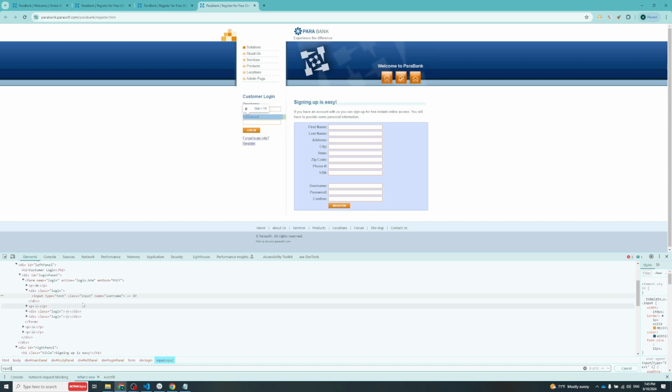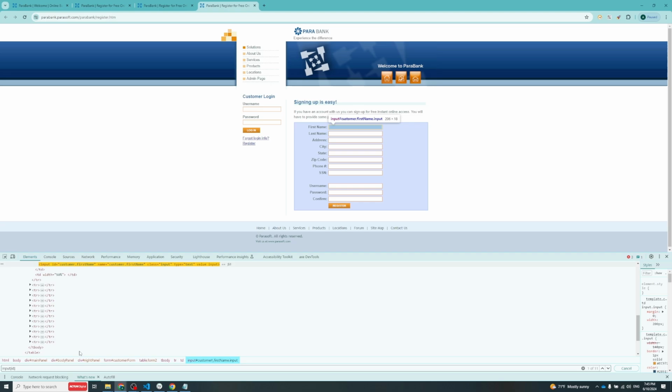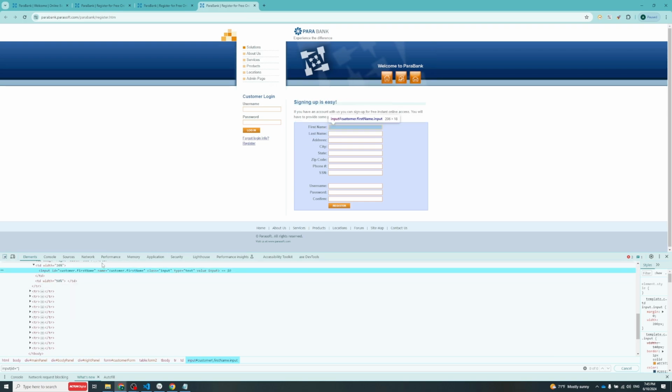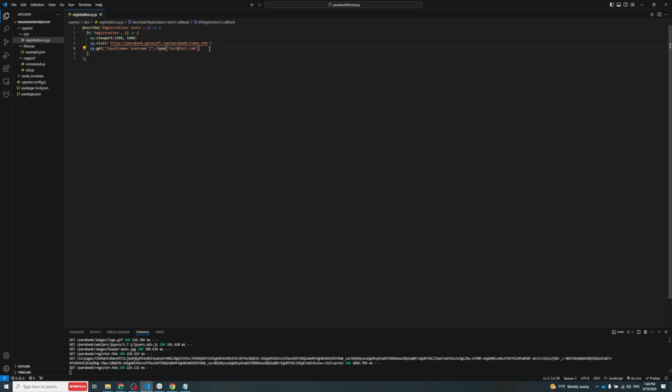I need to find this ID attribute with the value. It was customer first name. So we can see that on this website only one selector with that ID. Let's copy it and paste on our code